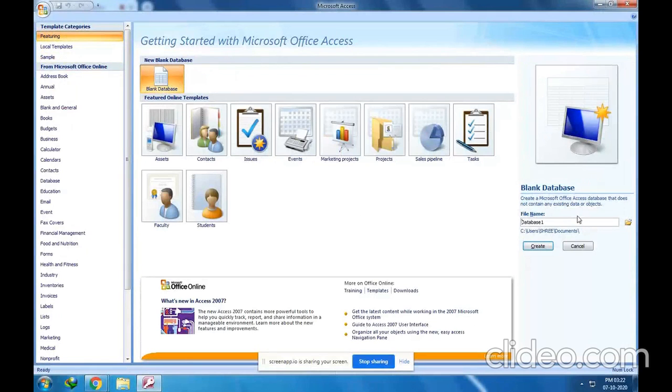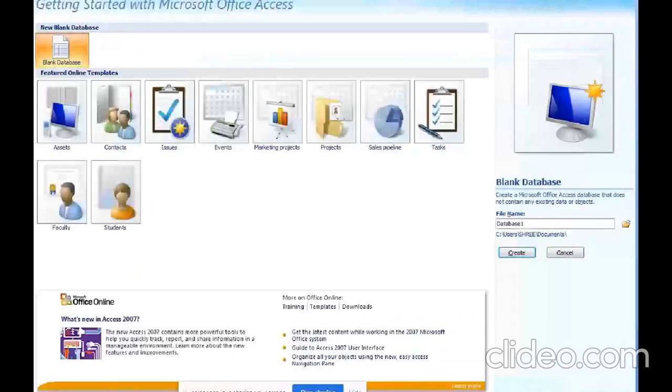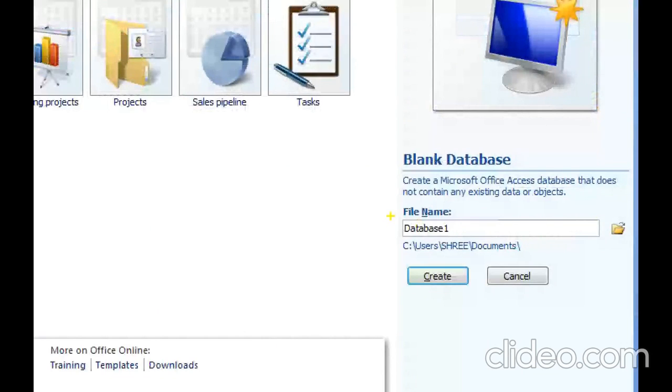Now let me zoom in on this part. In order to create the blank database, you need to give a name to the file. If you do not give any name, database1 will be the default name. Getting my point? You can give any name that you want.